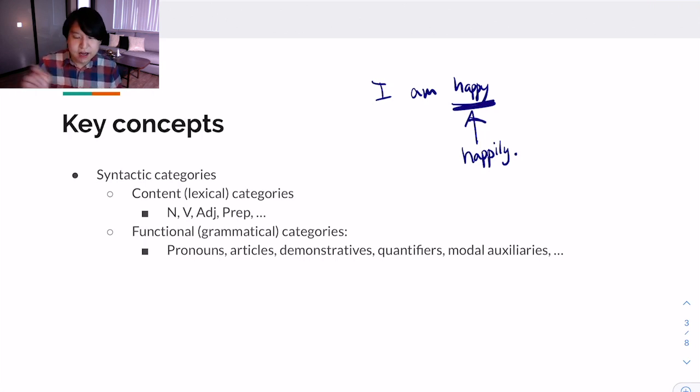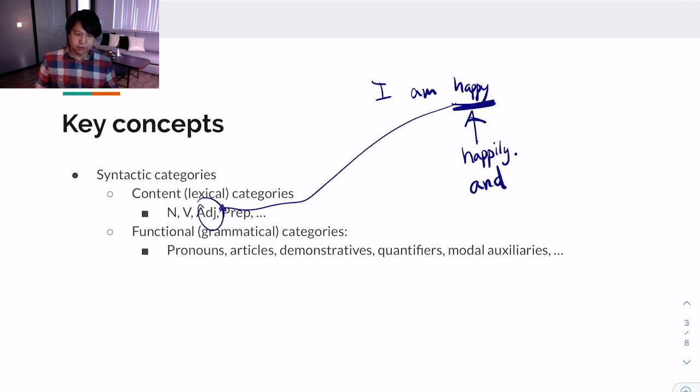Or you cannot say I am and. And is a conjunction, it's not an adjective. It does not fit in this sentence because this place is for adjective. Adjective and conjunction do not share a syntactic feature, so that's why happy and "and" or happily cannot be grouped together into a single group. So happy is part of an adjective. Adjective along with noun and verb, they form a content categories or lexical categories where words have its own meaning,